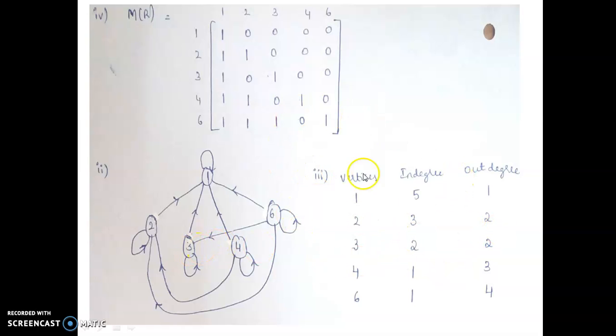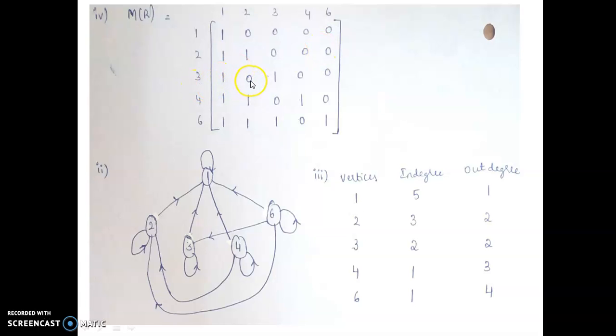So by looking at this, we can have a matrix of this for 1, 2, 3, 4, 6. (1,1) we have the loop, yes. And from 1 we don't have any edge. (2,1) we have, (3,1) we have, (4,1) we have, (6,1) we have. So that's why for (2,2) we have a loop. Next (2,3) we don't have an edge. (2,4) we don't have an edge. (2,6) we don't have an edge.